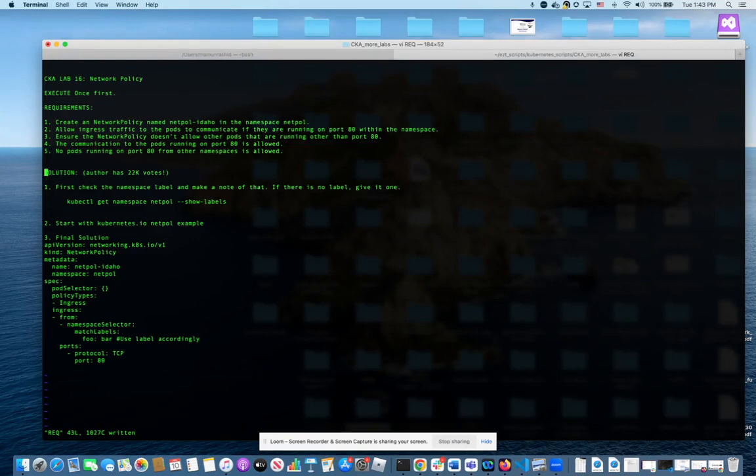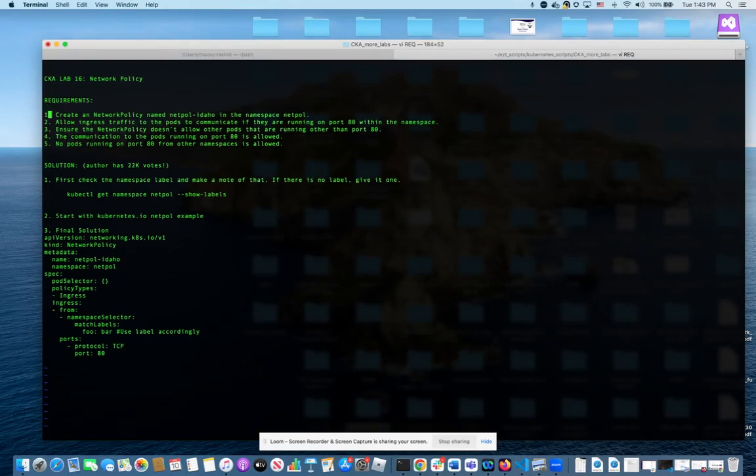Let's look at the requirements. It's about network policy. The requirements are we're going to create a policy with a certain name in a certain namespace, and that namespace has to have a certain label because in the parameters of the network policy, we will allow traffic to port 80 to the namespaces that have a certain label, which is foo equals bar. All right. So this is the solution, but